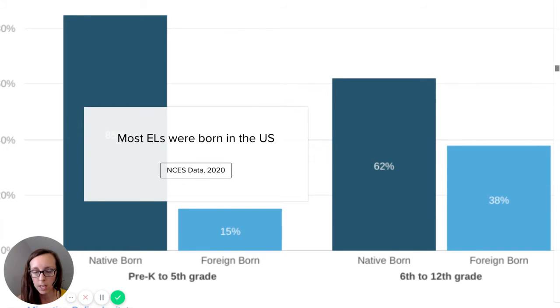Just an interesting point of reference as we're thinking about English learners, the majority were actually born in the United States and are United States citizens. And so they don't necessarily come to us as immigrants, although some do, and refugees. But just think about the context of being an English learner and a native-born U.S. citizen, the context and the challenges and benefits that brings with our students.